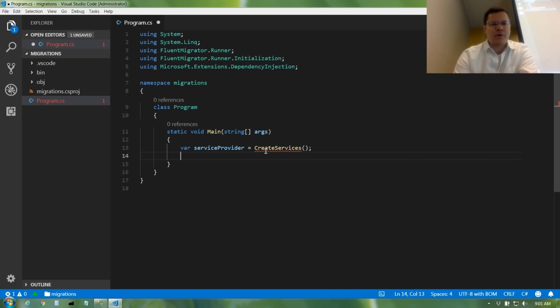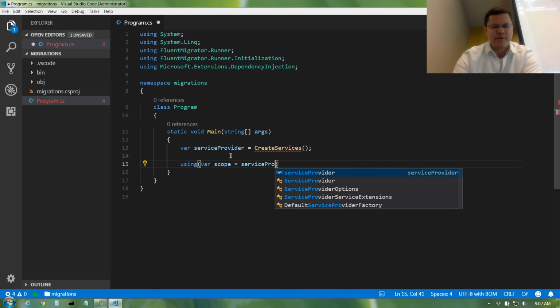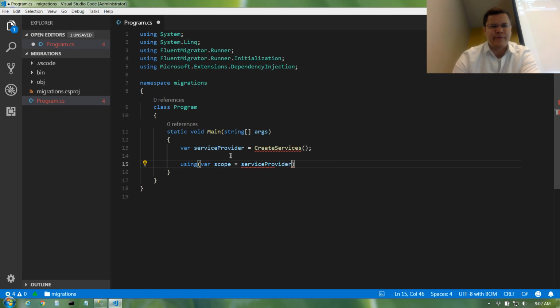Okay, so right now, don't worry about this being red. We're hooking this up to a method that we haven't created yet. Then we're going to do a using statement, and we're going to create our scope. This is just setting up a couple of